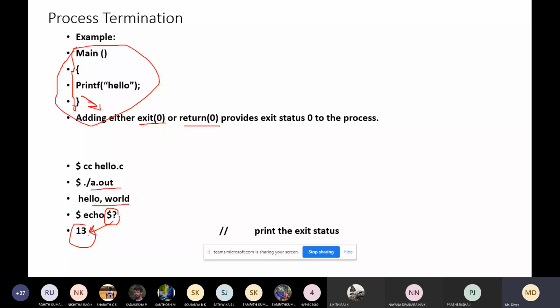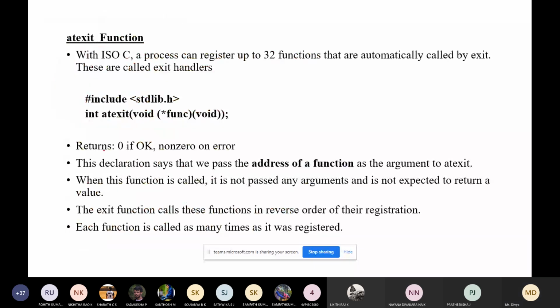So the next one is atexit. In a process, you can register up to 32 functions that are automatically called by exit. The exit function we saw is used for terminating the process.